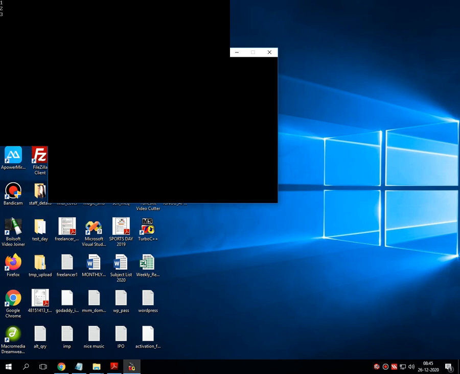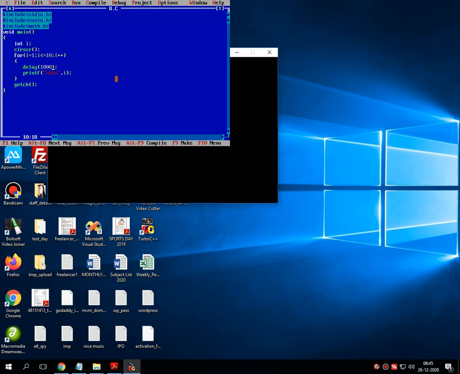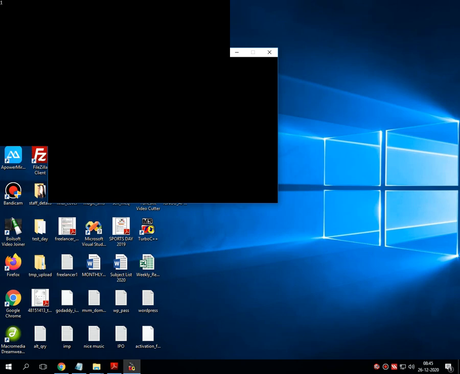Just observe the output. What it does, obviously it prints 1 to 10 numbers, but it puts the delay of interval time in between the printing of two numbers. Let me execute the code again. 1, then some time, 2, some time, 3, 4, 5, 6, 7, 8, 9, 10.